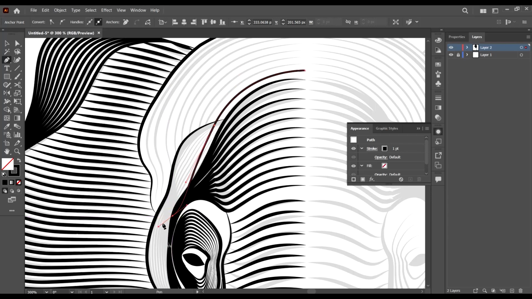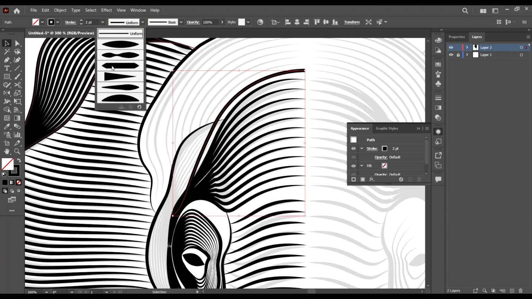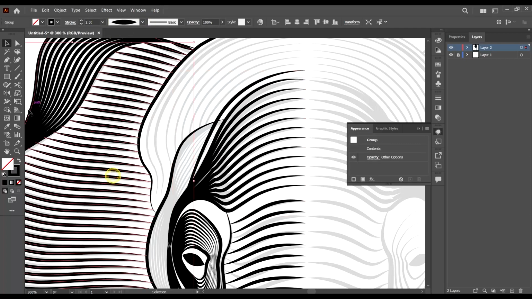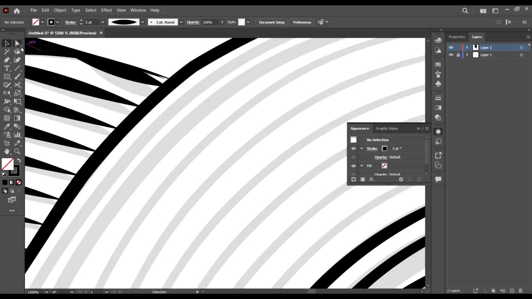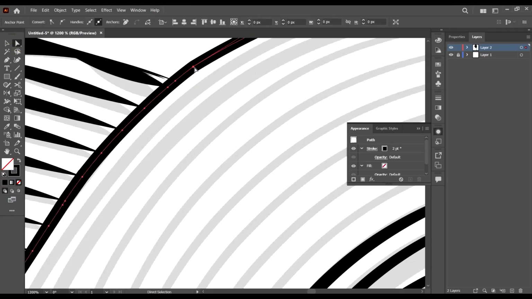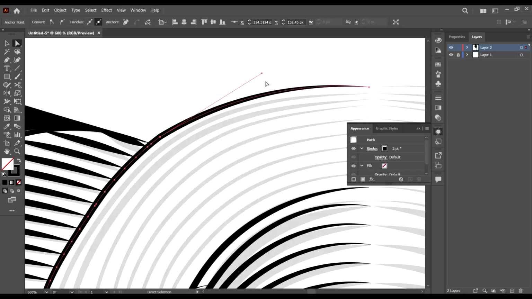And drag, and then just give it a stroke of 2 and a profile. Then sorry, let's just select them instead this time, and I want to just do bits of adjustments here. I think we need to smoothen out the profile here,